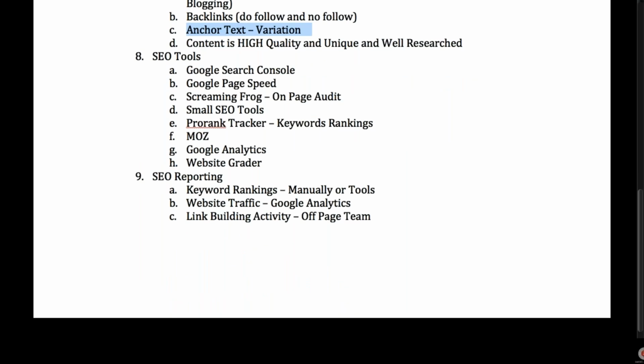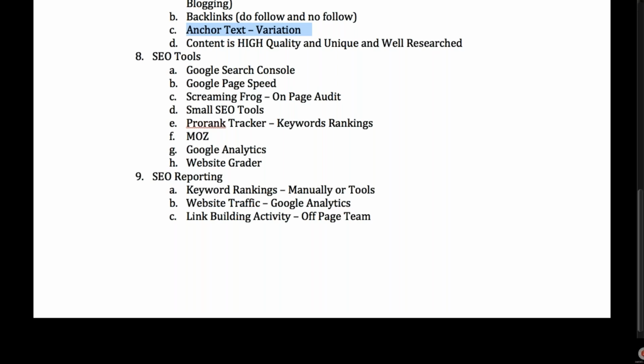And the ninth one is the important one, because you will be working for a client, and as I said, this is a checklist to work on live projects. SEO reporting is very important. Otherwise, the client won't pay you if you don't submit the SEO reports. These are the KPIs to measure your SEO campaign. Number one is keyword rankings, which you can check manually or with tools. Second is Google Analytics, which provides website traffic details.